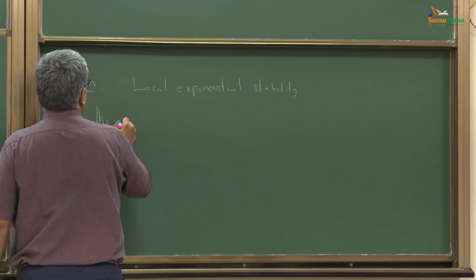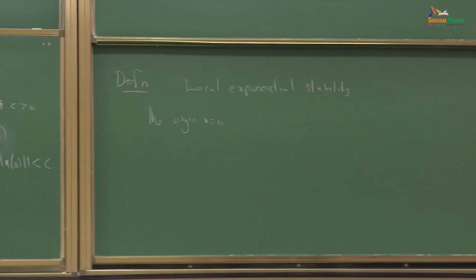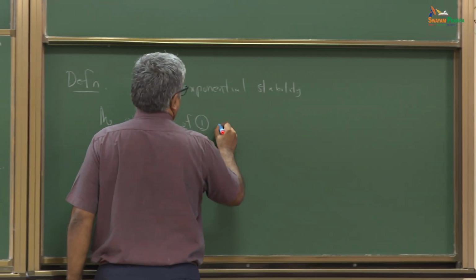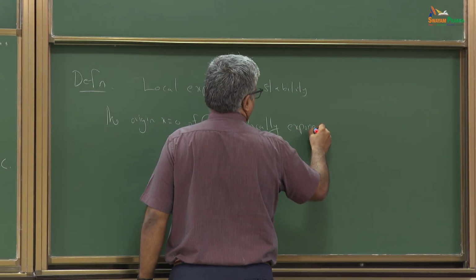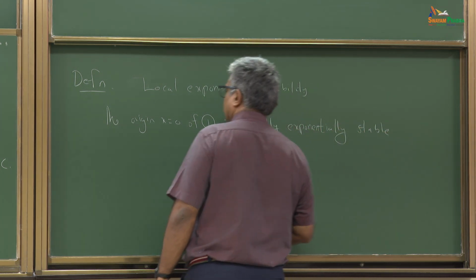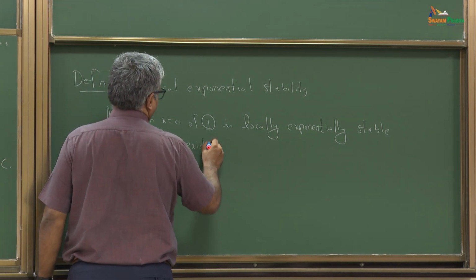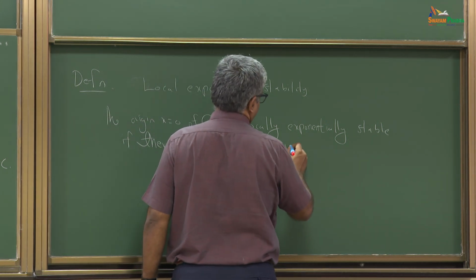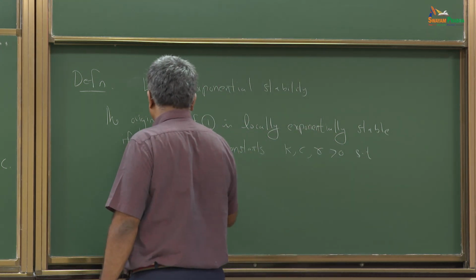So again, the origin is exponentially stable if there exist constants, all positive constants, say K, C, R, such that